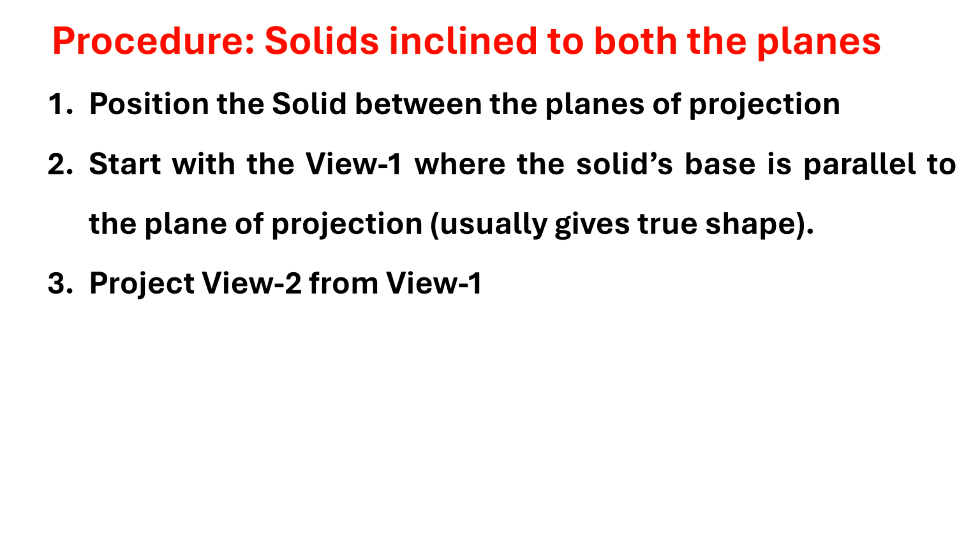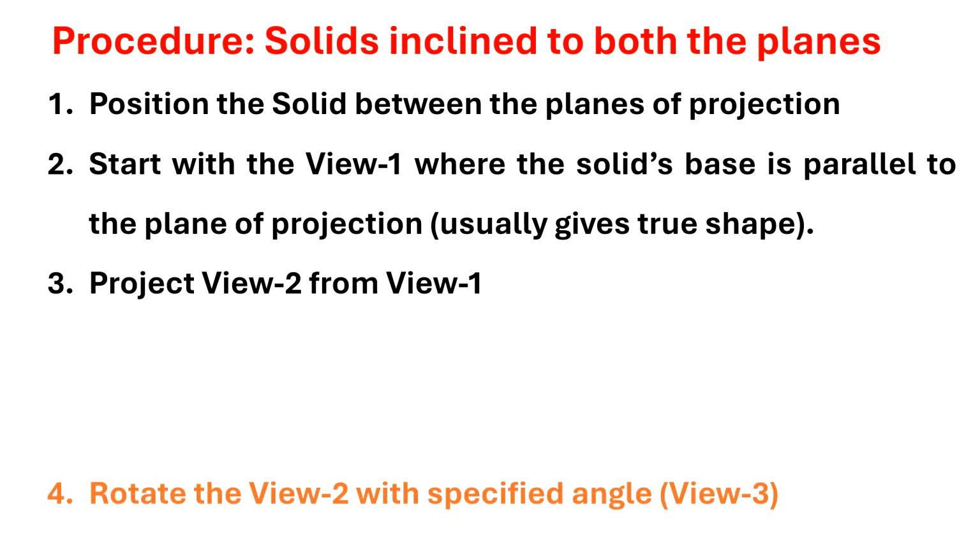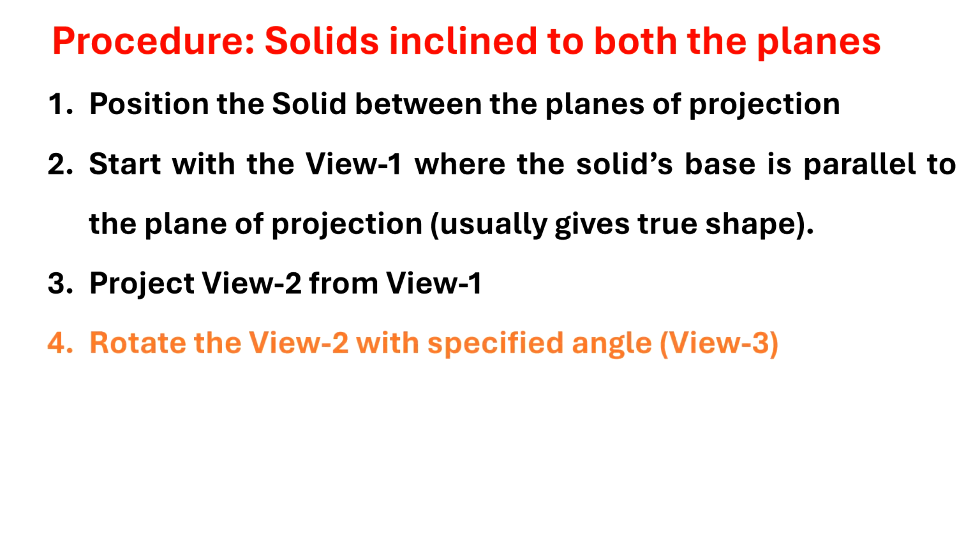We can project view 2 from view 1. Then we can rotate view 2 with the specified angle. They will give some specified angle with respect to the plane. Accordingly, view 2 can be rotated,